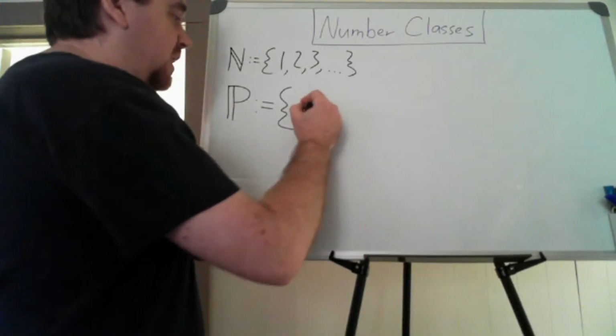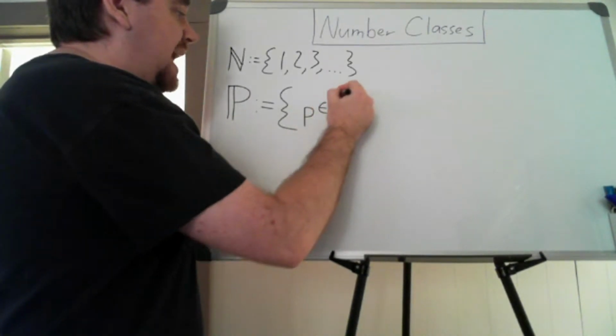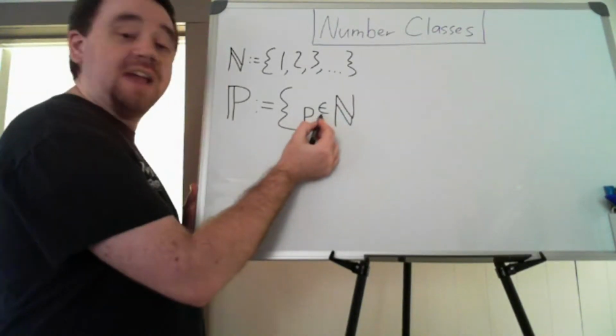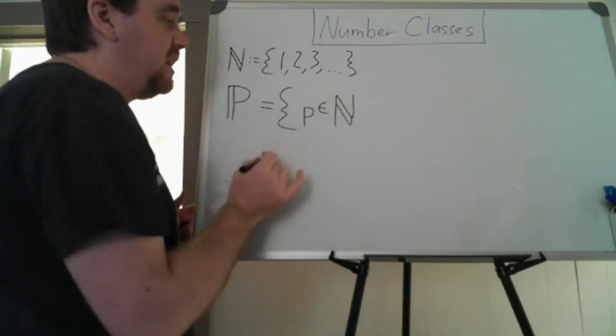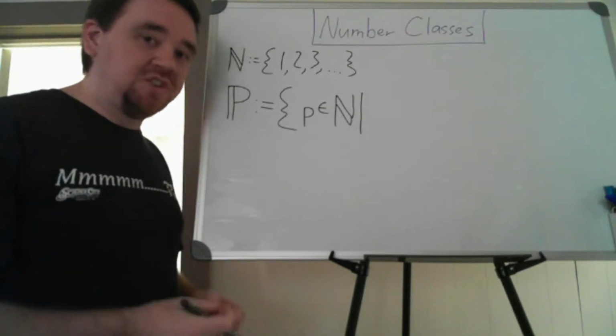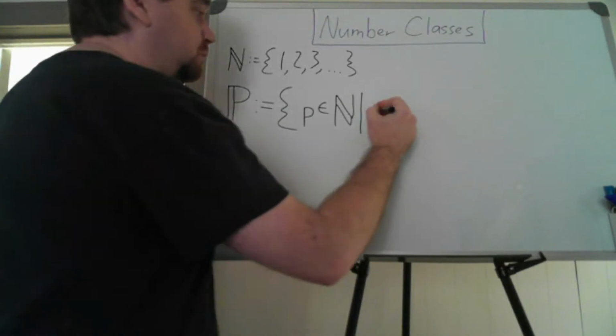So I started with this. I'm going to say that this is the set of all P that are elements of the naturals. Remember, that means is an element of, or belongs in the set of, or is from the set of. So P that is from the set of the naturals. Then we put a vertical bar and we read that as such that. So P that are natural numbers such that